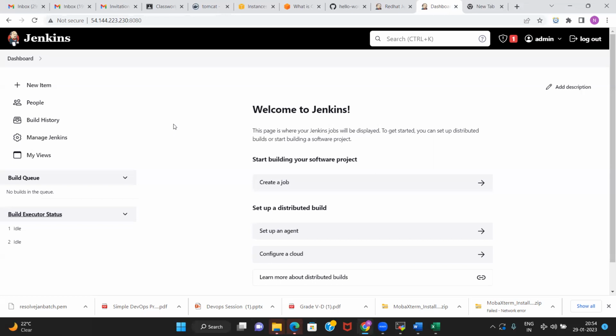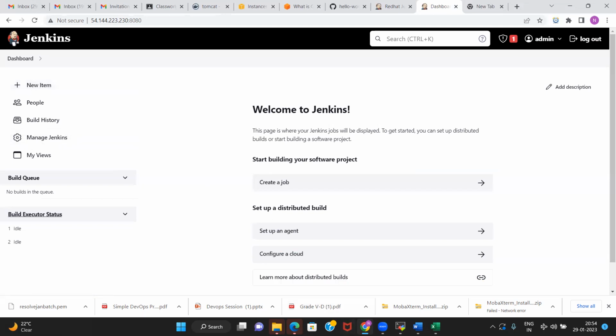Okay, now let us have a taste of Jenkins. Let us have a quick look at how you can create jobs in Jenkins and what you can do here. If you say that yes, you can do continuous integration, let us see how you can do that. So let us have a quick look at that.